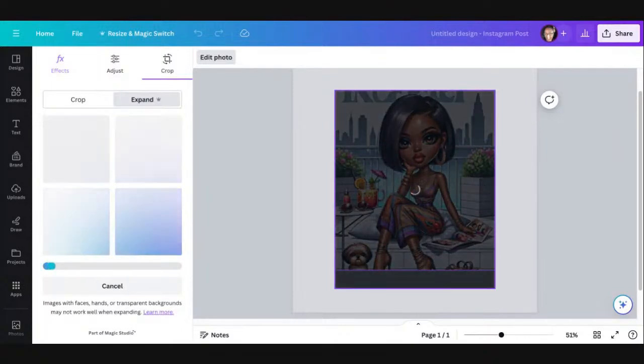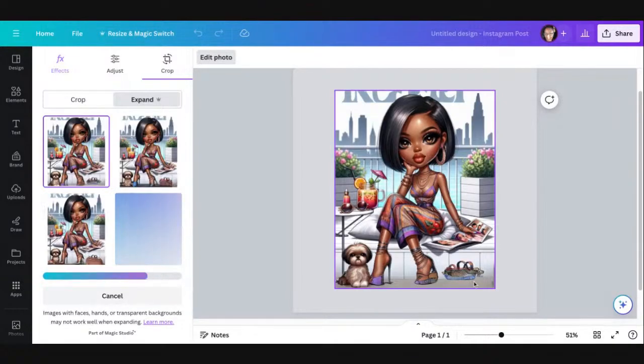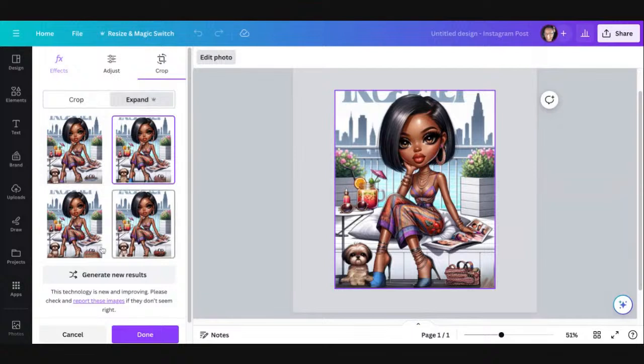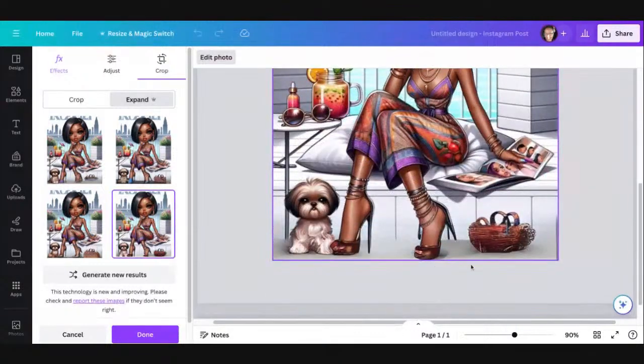And let's see if we can get better options for the shoes, which actually, depending on what it does for the shoes, is going to affect the dog and it's going to affect, I think, these sandals on the side. Woo. Yeah, that's a little rough. Not really. Okay, this is a little bit better. The heels are different, but I mean, it's a little bit better. Let me see. Did that give it 3 heels? Let's zoom in. Okay, that heel is a little bit better.